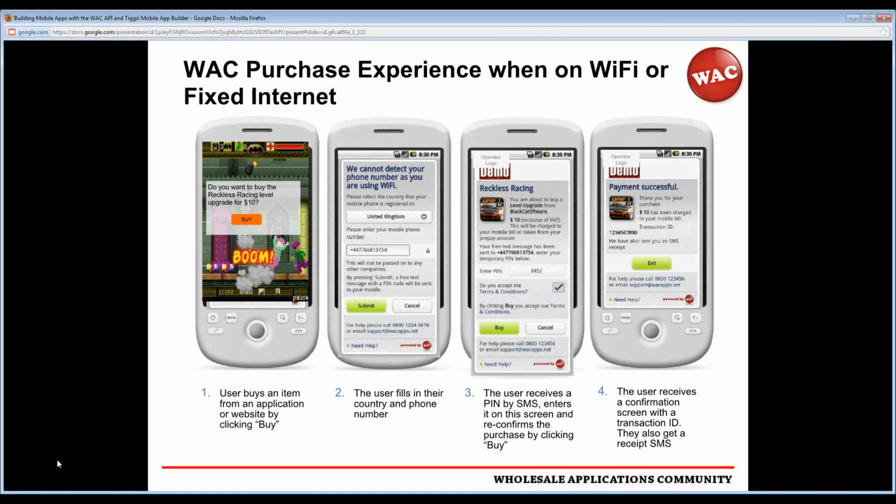So on the next slide, we talk about the experience that you could have when you're connected via a Wi-Fi network or say via fixed internet. So this could be an experience that you have, say you're playing an online game on your PC, or it could be when you're looking at something on a web page on a tablet. And in this case, again, similar sort of model where you're given an option to upgrade or to buy some sort of virtual good. In this case, since you don't have a mobile network connection, we ask you for your mobile number, and you submit that mobile number, and then what happens is we send a 4-digit one-time code to